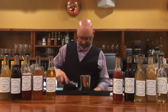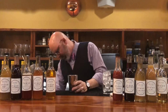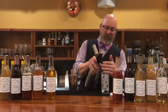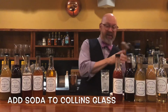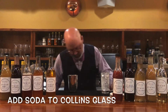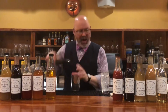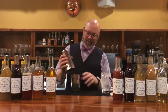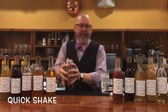Now, we've talked about this before. I like to add the soda water to the bottom of the glass instead of the top. They usually tell you when you're making drinks, make and shake and you pour it in a glass and then top with soda water. Well, if you top with soda water, the soda water's on top and the drink's on the bottom. But if you put the soda water on the bottom,